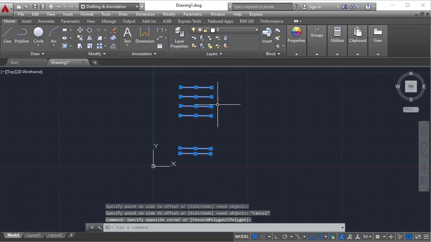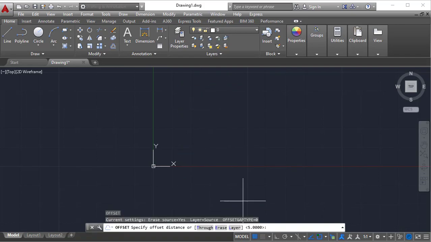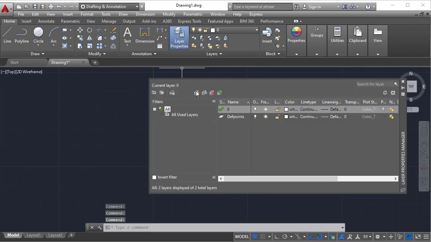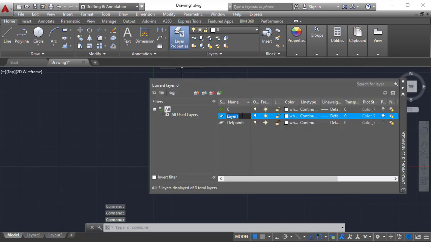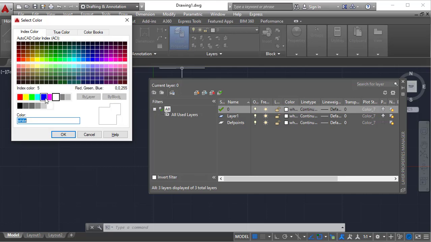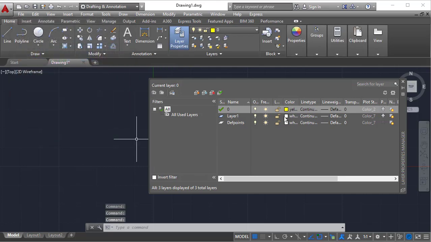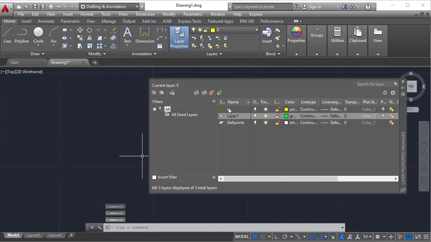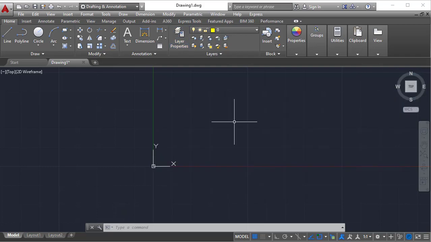That's it. And in the offset command we have Layer. For this I want to show you with layers. I am creating one more layer, layer 1, and I have the default layer 0. I want to show the difference, that is why I am taking yellow color for this and green for this. Layer 0 has yellow color and layer 1 has green color. Just close it.